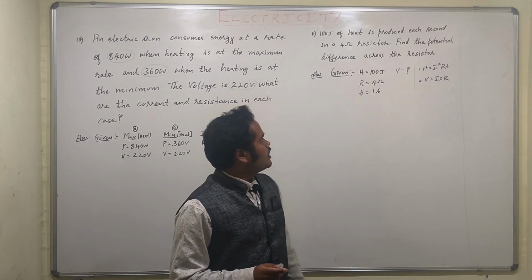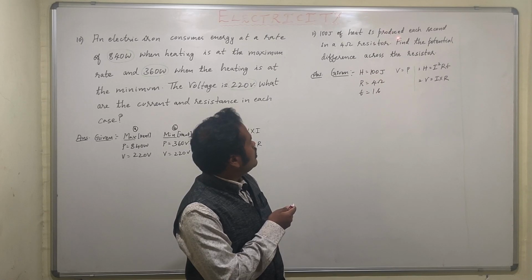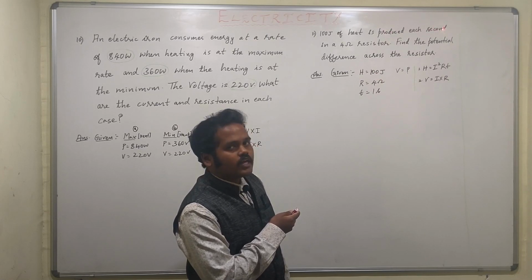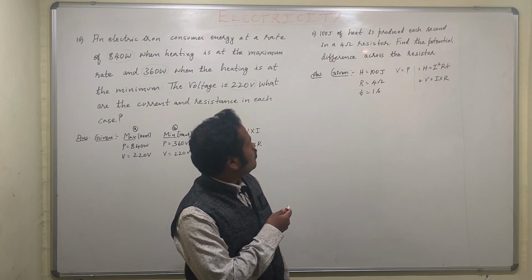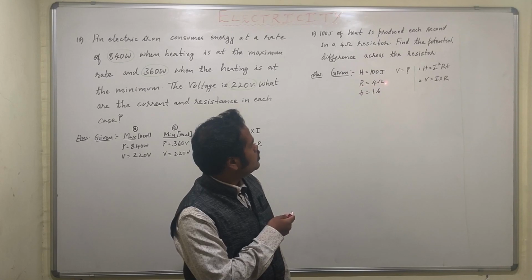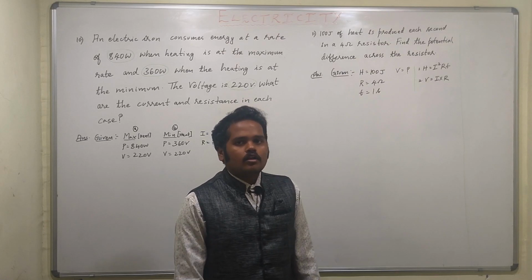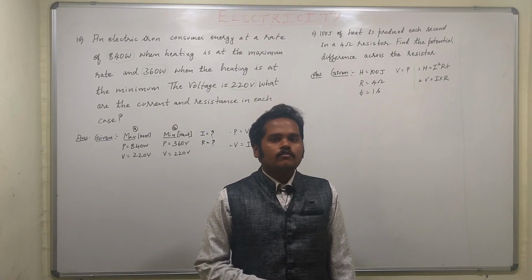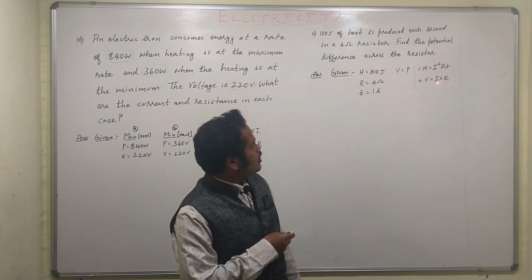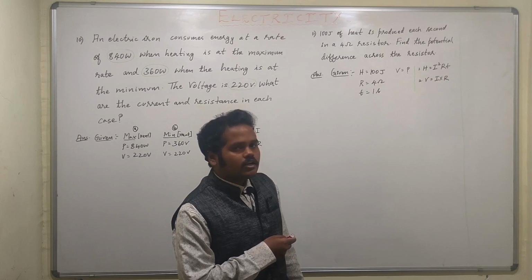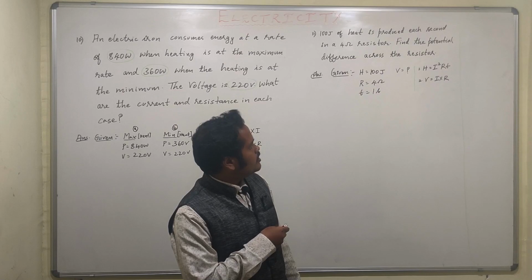So here we'll write the given. H is 100 joule. Each second shows us the time T, which is 1 second, and the resistance of the resistor is 4 ohm. Capital R is equal to 4 ohm. We have to find out V. V is equal to question mark. What is the formula that we have to use? V is equal to I into R. But here we do not know I. I is unknown. So in order to find out I, we have two formulas, V is equal to IR and H is equal to I square RT.